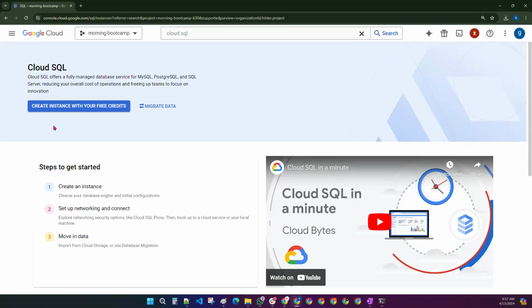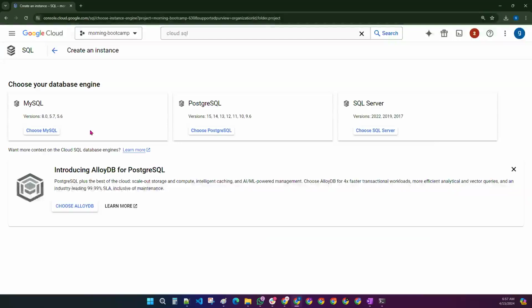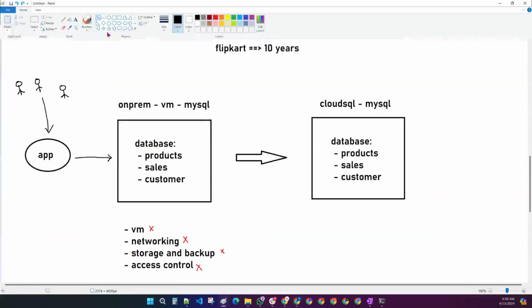Now, if you want to work with Cloud SQL, just click on it. We are going to work with the free credits only. Create an instance with your free credits. Click on this one. As I told you, it supports three database engines: MySQL, PostgreSQL, or SQL Server. And one beautiful thing is that it provides multiple versions for each database engine. So if you are working on version 8.0